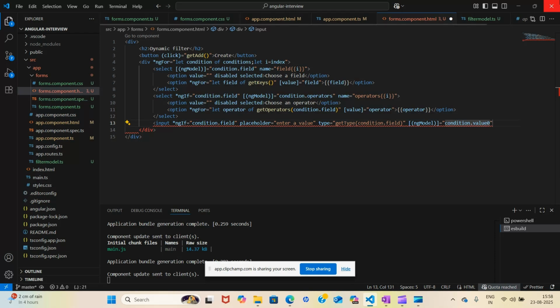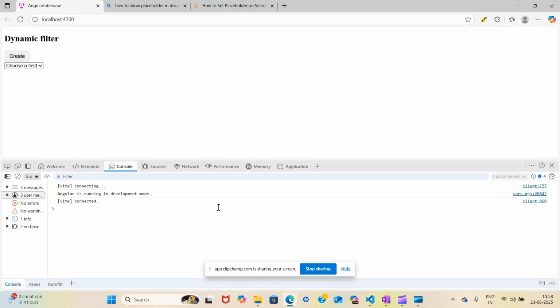Here the value should be updated, right? This should be our input box. So if we quickly save it, this is right now not a function, but the input box should be seen, right?